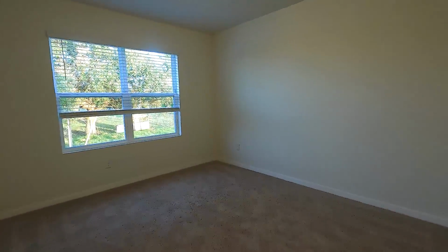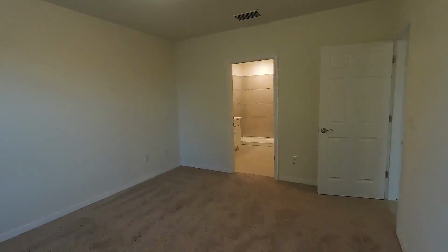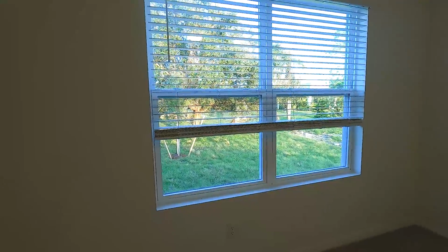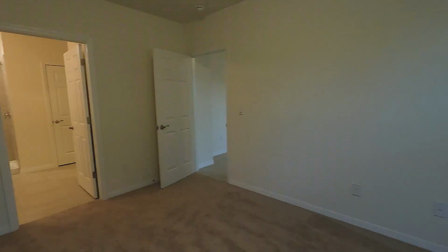Now we go over here to the master bedroom. I'll stand over here so you can see it's a pretty big size. You got these two beautiful, humongous windows looking into the yard. That brings a lot of light in. Okay, now let's move into the